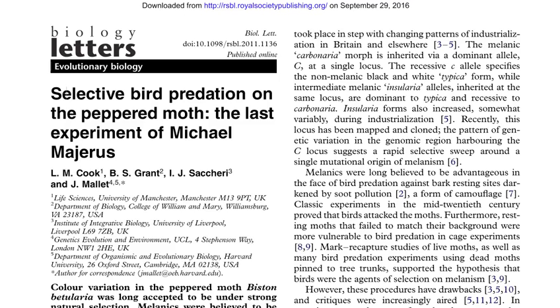So let's get started reviewing this article, "Selective Bird Predation on the Peppered Moth: The Last Experiment of Michael Majerus." Michael Majerus is a very famous experimentalist in the area of evolution. The purpose of this research was to try to set the stage, or at least prove, hopefully, that there was something called evolution or natural selection occurring when the moths that rested in